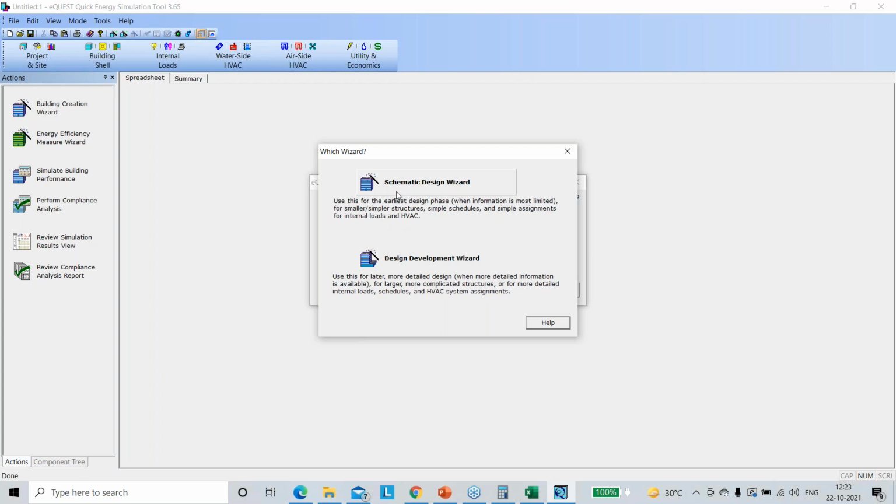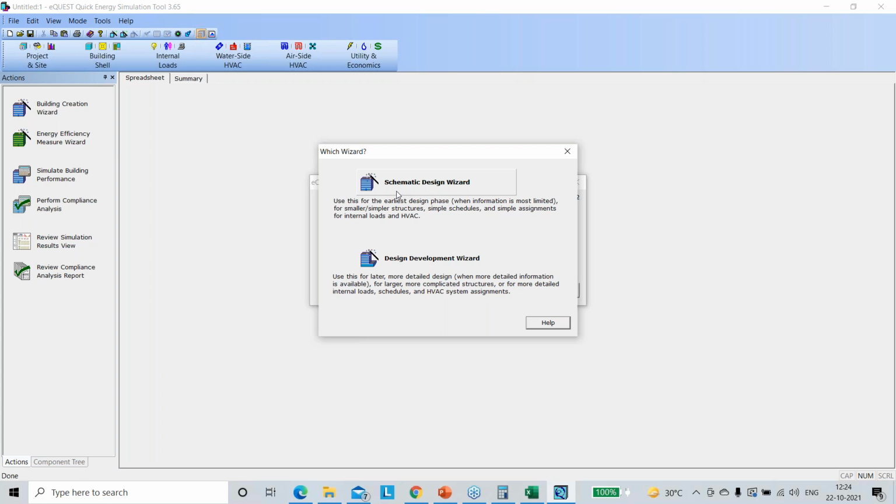Now, schematic design wizard is where you can develop and run quick simulations, right? When your project is at a very early stage, you can use the schematic design wizard, where things like LPDs and building sections are still being finalized, or where you want to do quick trade-off calculations